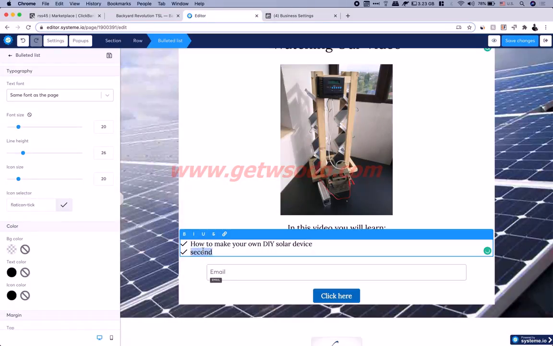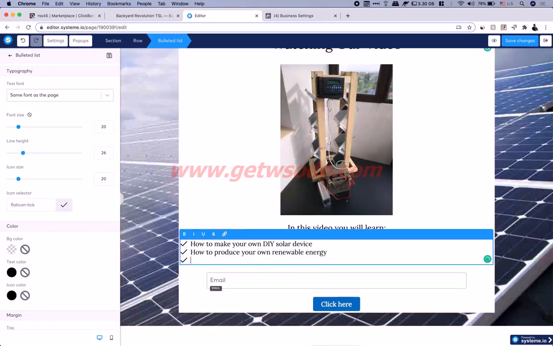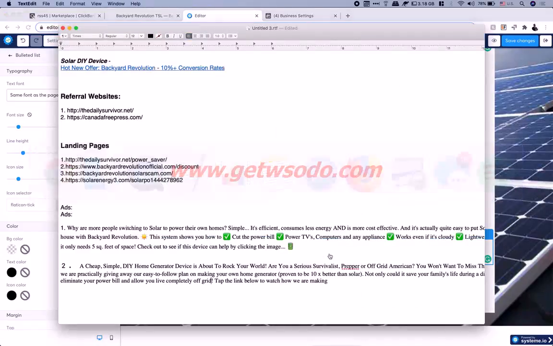Then the second one is going to be how to produce your own green energy or renewable energy. Actually, let's say on renewable energy. Then I'm going to hit enter. And then what else? Let's think about it. Let's go to the text, edit here. Efficiency, consume less energy,